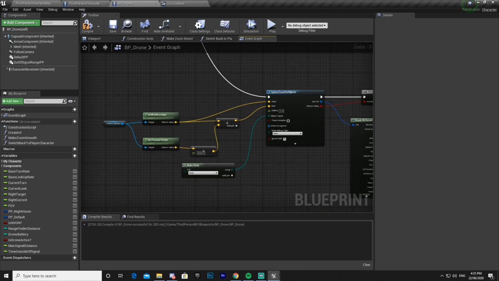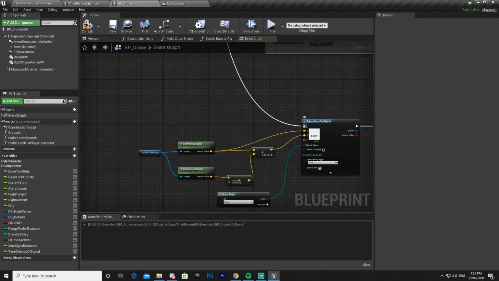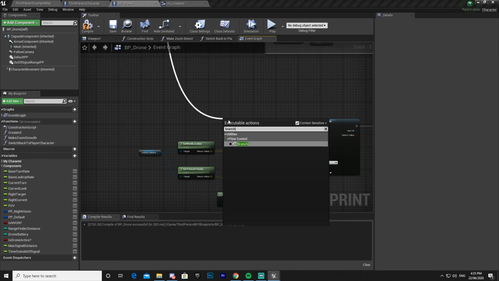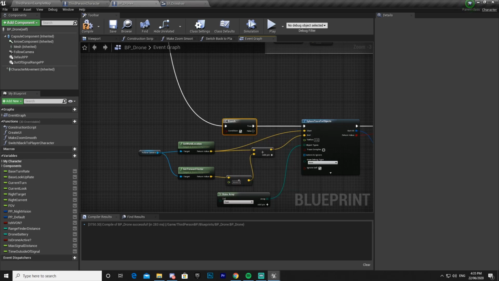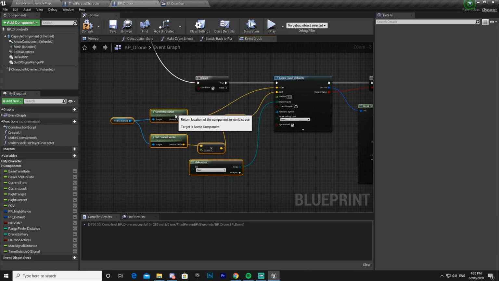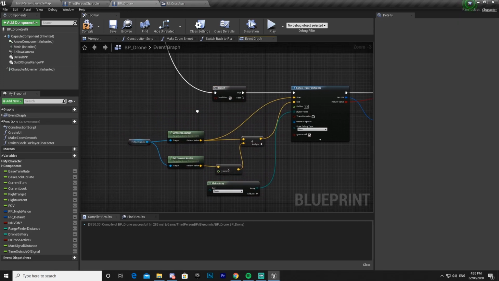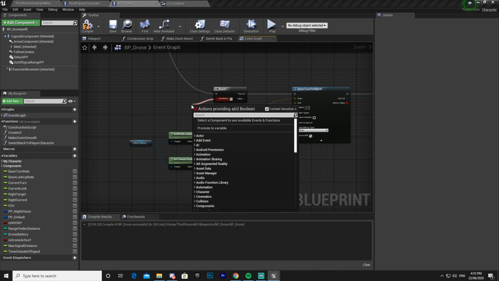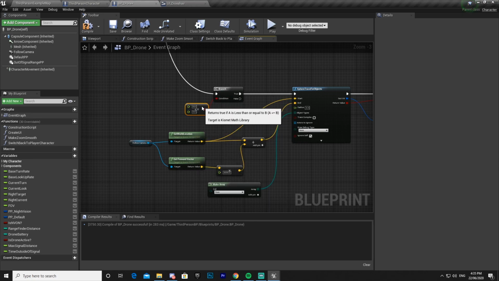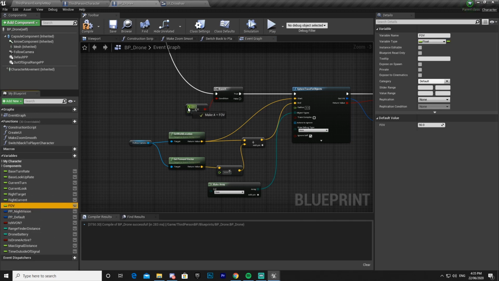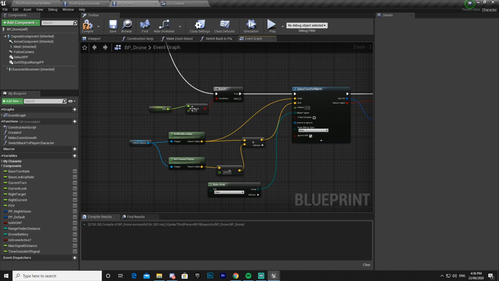Now once we've gone ahead and connected all of that, we're going to need a branch so it's not just constantly casting. Also going to drag this down a bit so we got some space. Now in this branch, we're just going to have a less than equal to condition. Make sure it's of a type of float, and then we're going to find our FOV variable that we set up earlier. And then we're going to make sure that this bottom one is whatever you want the threshold to